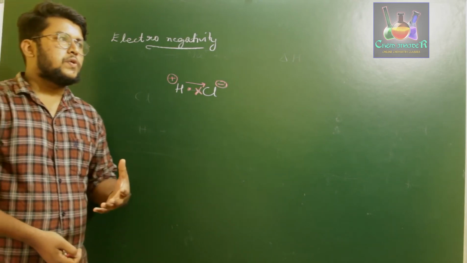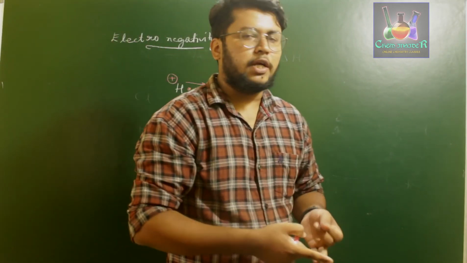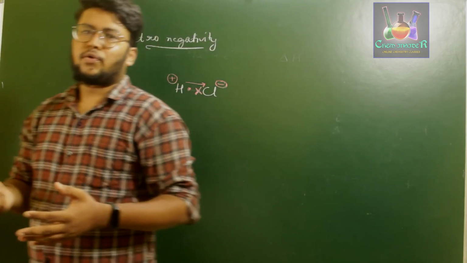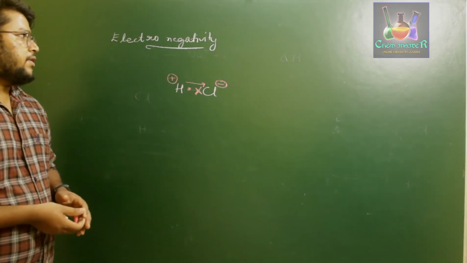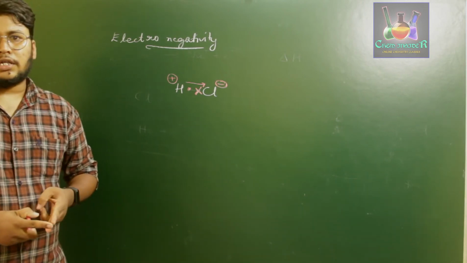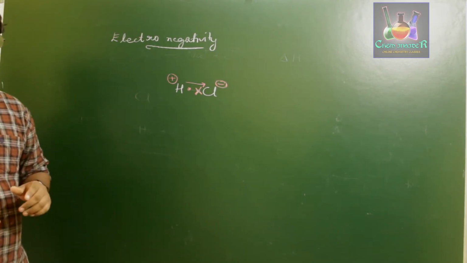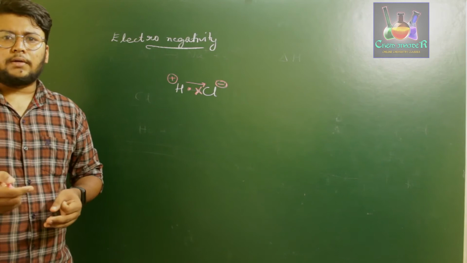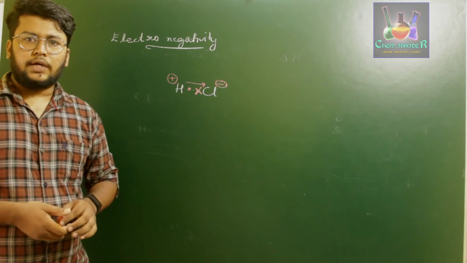Okay, and those values can be measured in multiple scales. There is the Pauling scale of measurement, the Mulliken scale of measurement, and the Allred-Rochow measurement. So there are multiple types of measuring scales to know the electronegativity of a given atom. What we usually use is the Pauling scale, where we take the average of electron gain enthalpy and ionization enthalpy of both the elements. So in the Pauling scale, we take the average of ionization enthalpy and electron gain enthalpy of an atom, substitute those values and divide by 2, and we get the respective electronegativity.